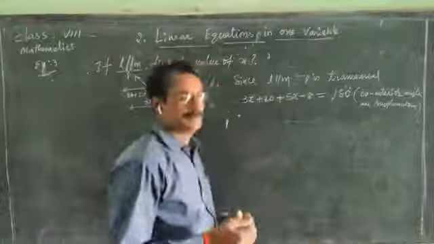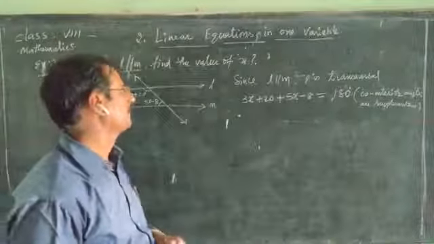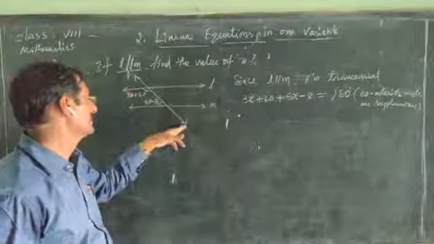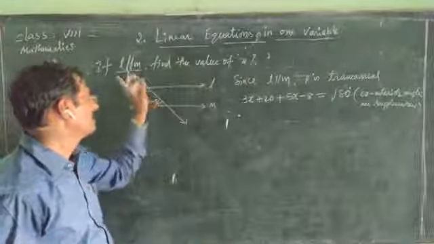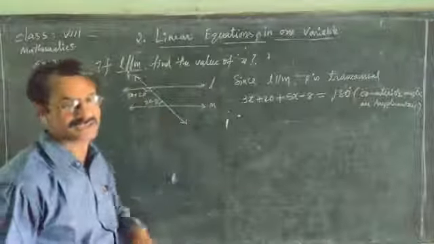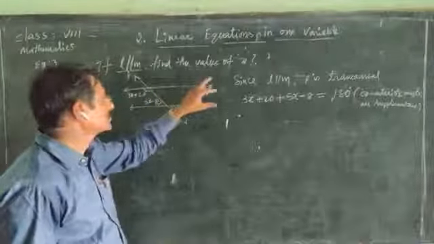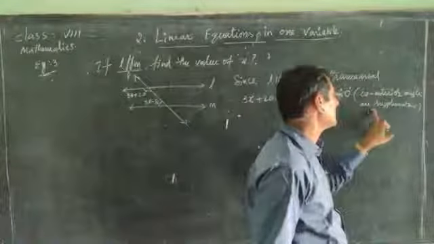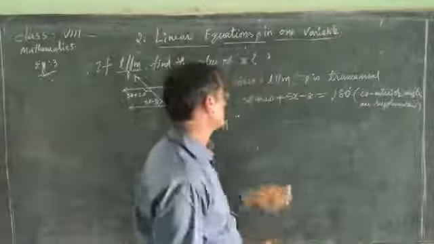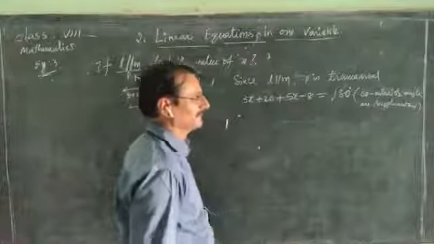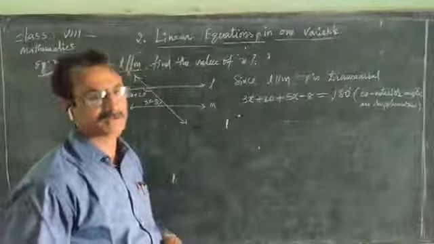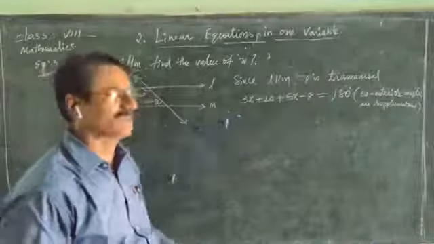Yes, once again you come into the problem. These two are parallel lines. It is a transversal. Now these two are called supplementary, co-interior angles. Since these two are parallel, the co-interior angles are supplementary. So the sum of these two equals 180. Now, there are four terms on the left side, only a single term on the right side.